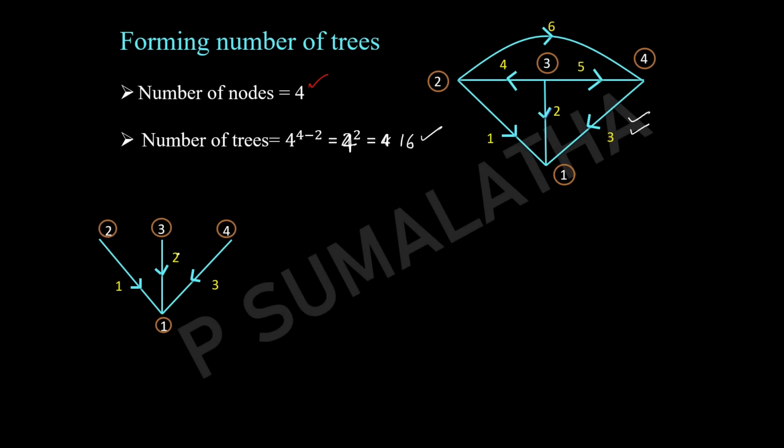So now how can we represent it? The tree is nothing but a subset of the given graph. That means the first tree I can represent as T1 equal to 1, 2, 3. So it has the branches 1, 2, 3, that means the transmission lines 1, 2, 3. Similarly, let us see some more possible trees for this particular graph.